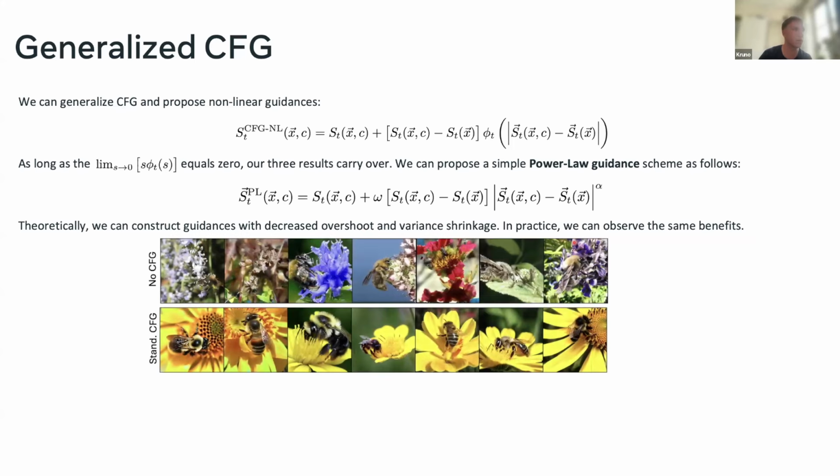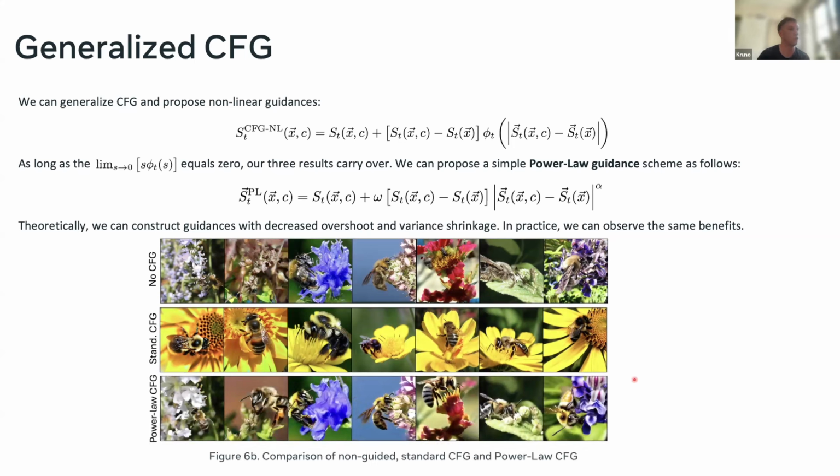And then looking back at the same example, this is what we observe. If you look at each column again, each column starts from the same seed. And you can see that each of the images is almost exactly semantically the same as the original image. And this is why we kept diversity. But you can also see that the details are much sharper and much crisper, which is why people use classifier-free guidance. So we've kept diversity. The mean is, I guess, still the same because you can see that the distributions are very similar, but this crispiness is here.